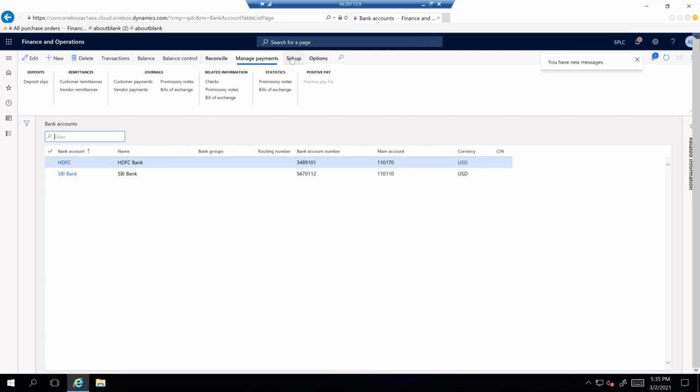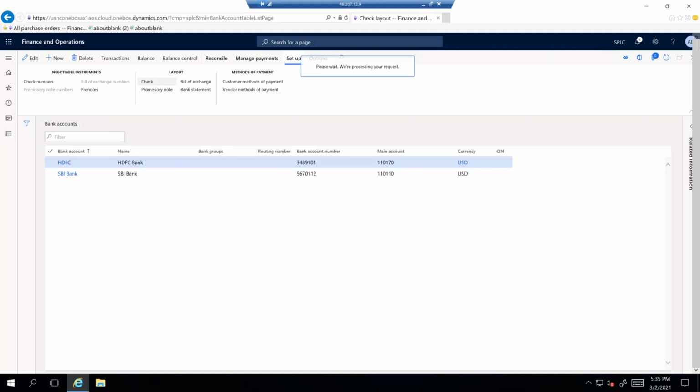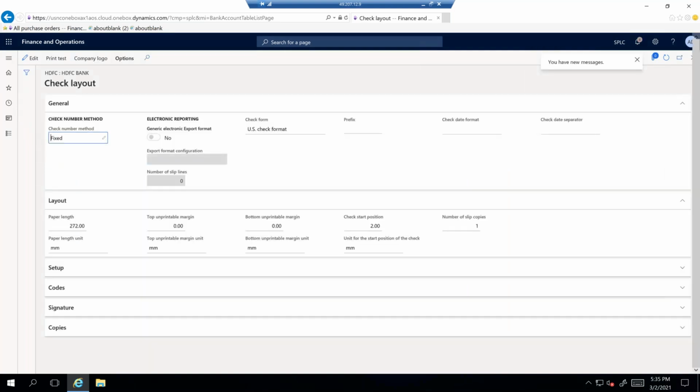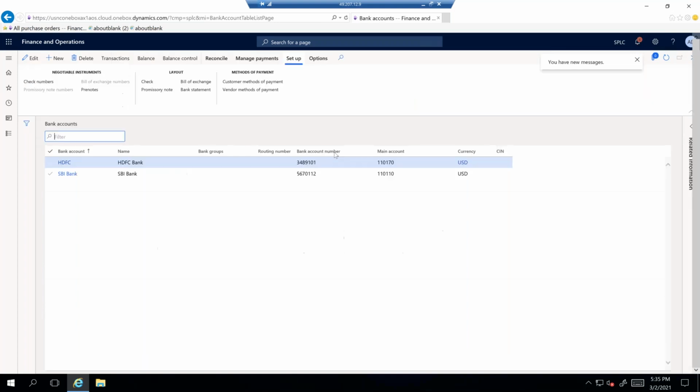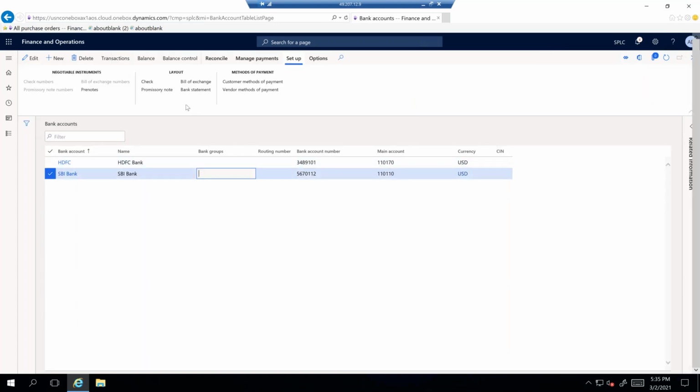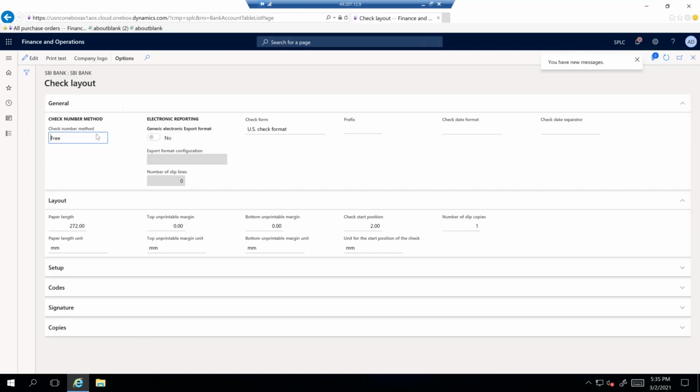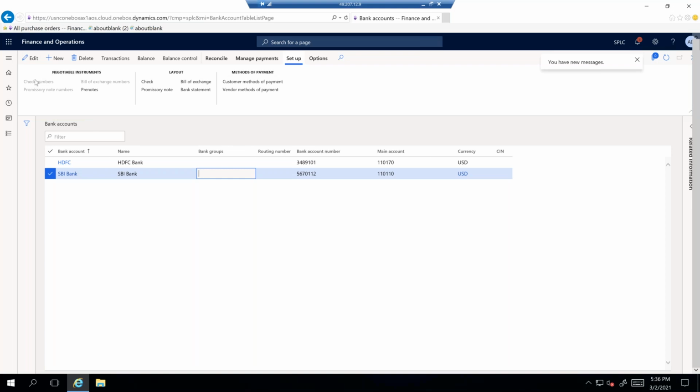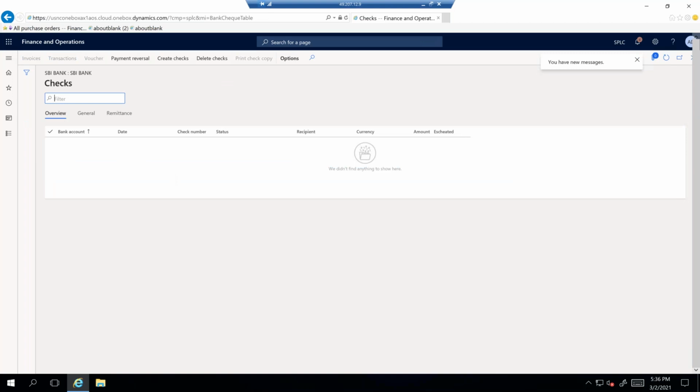The major difference between these two is, for the first one, we made the check method fixed. That is for HDFC. For SBI Bank, it was free. Now, if it is free, you cannot click on check numbers to create check numbers. You cannot see check numbers here. You are not able to create check numbers if it is a free method. If it is a fixed method,